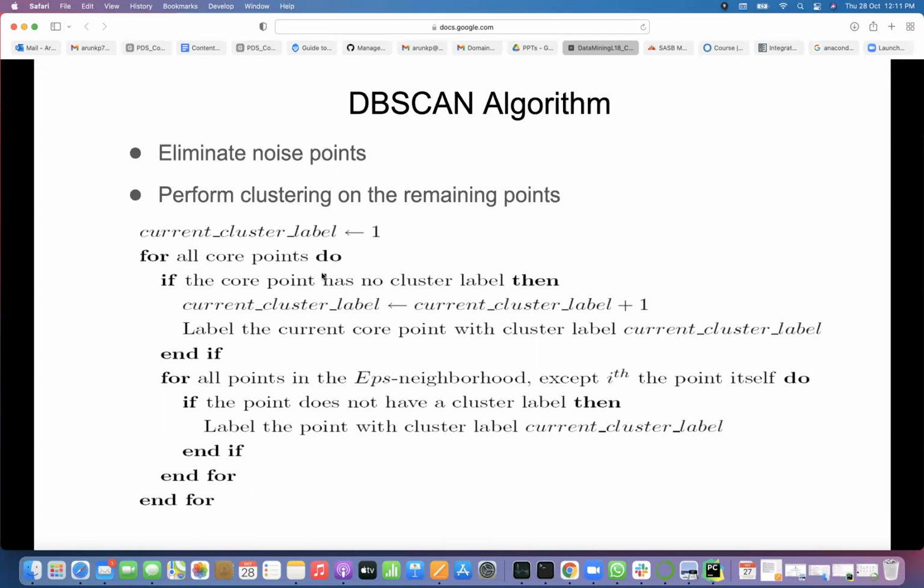For all core points, do the following. If the core point has no cluster label, then the current cluster label is replaced by the current cluster label plus 1. So whenever you find a core point which is not part of any cluster, you create a new cluster.